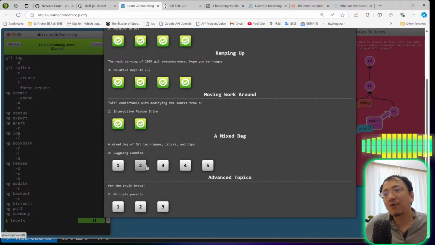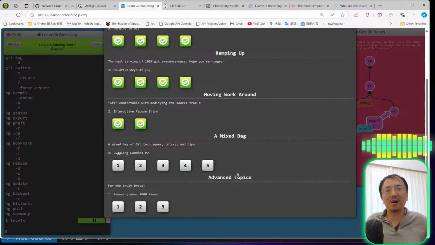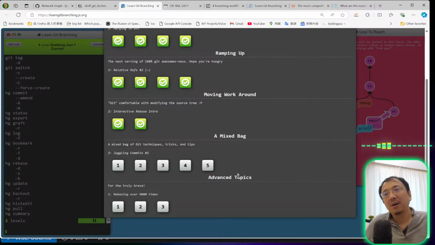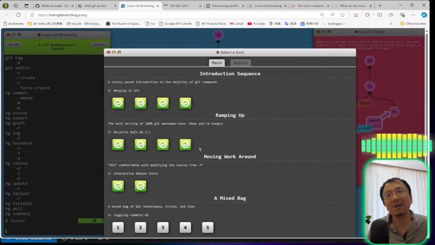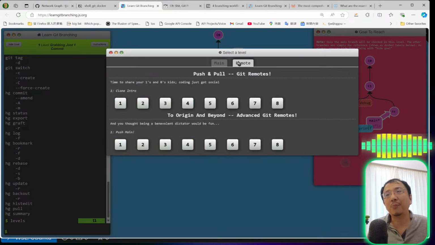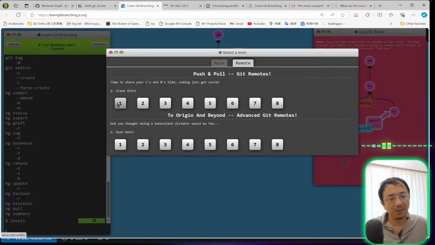The first several are quite easy, but some of them are a little bit challenging. You need to be focused, but none of them are too difficult. But now I'm going to show you a view of the levels for the Git remote, because this is